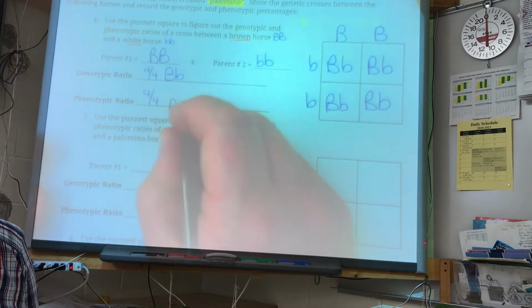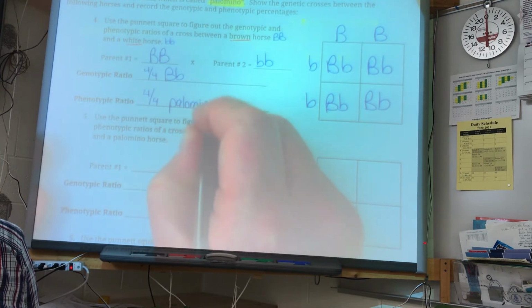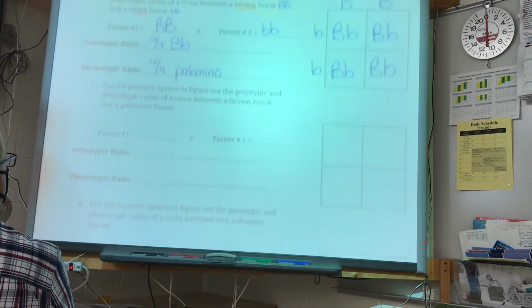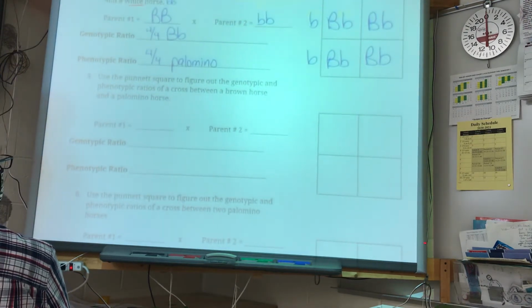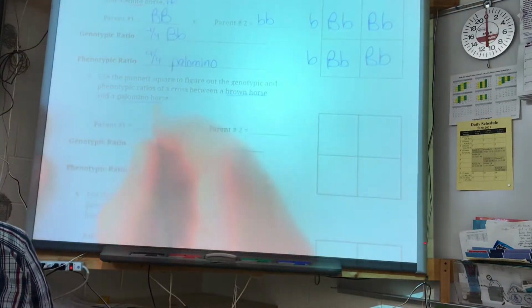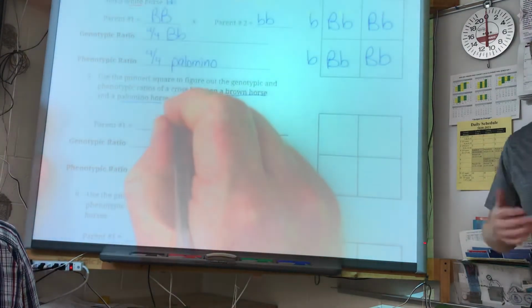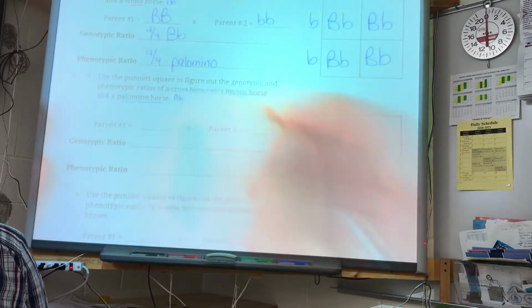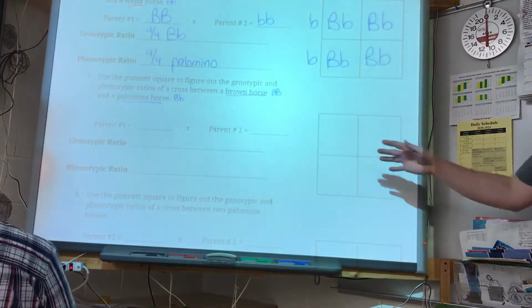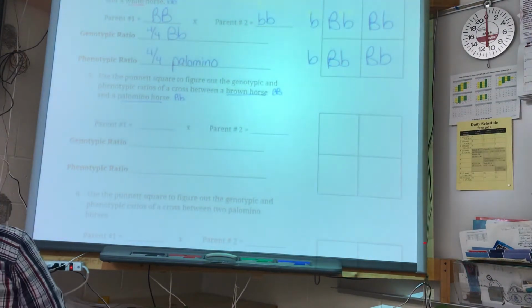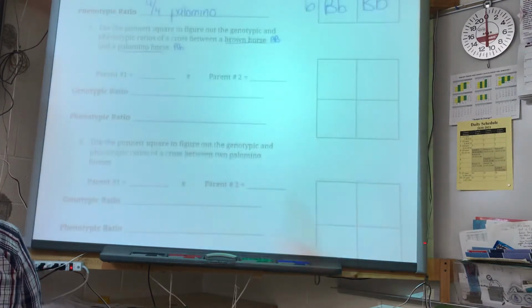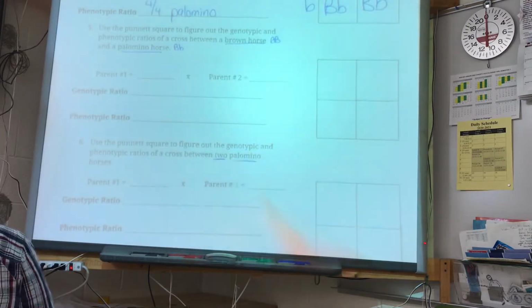Now, if this was a completely dominant trait, we would see the dominant trait, which would be brown. However, this is not complete dominance. This is called incomplete dominance. And when we talk about incomplete dominance, the heterozygous is in between. So what's in between brown and white? Tan, yellowish, palomino is the idea. Then we continue on: a brown horse and a palomino horse, we would do that cross. We look at a palomino and a palomino, and the idea is you on your own should be able to determine these